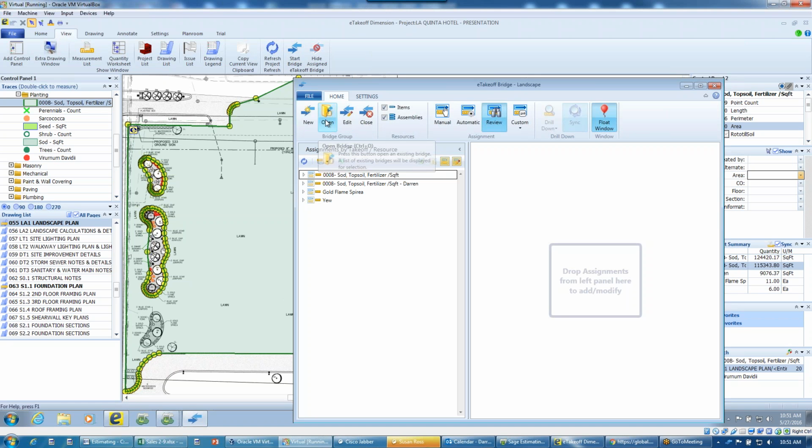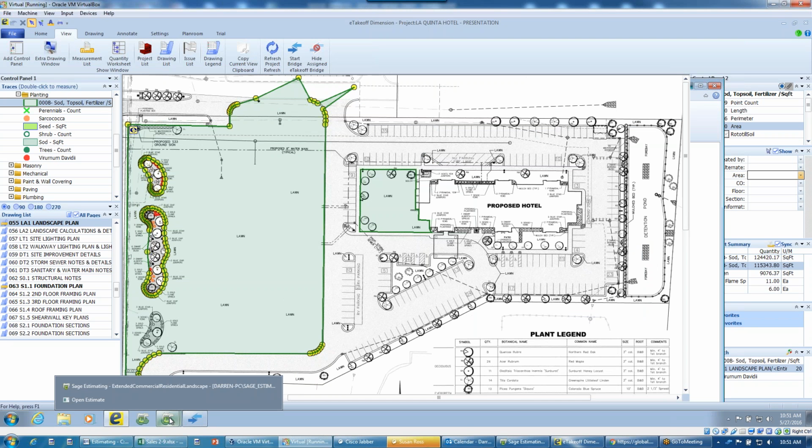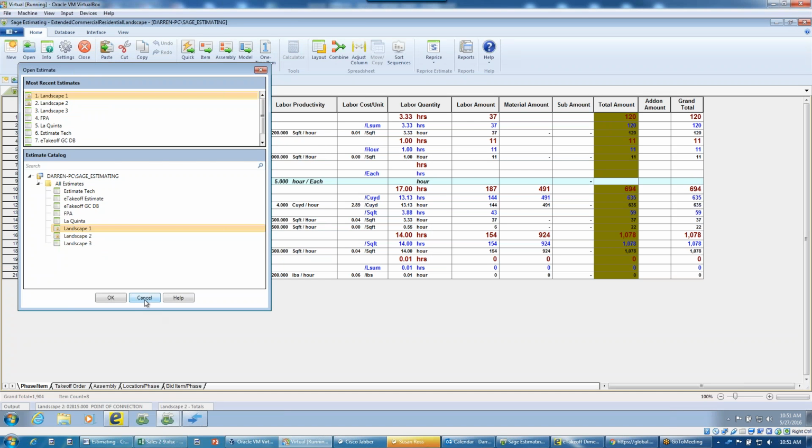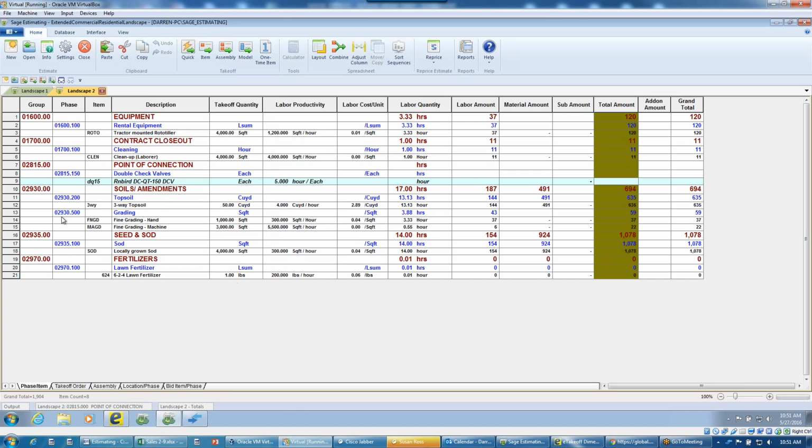Where do you actually determine your labor rates and your crew breakdowns and all of that stuff? Okay, where do you do that? That's a good question. So let's jump in over to the estimating and answer that question. Let's get rid of this guy right here. So when you look at this, and by the way, if I want to,